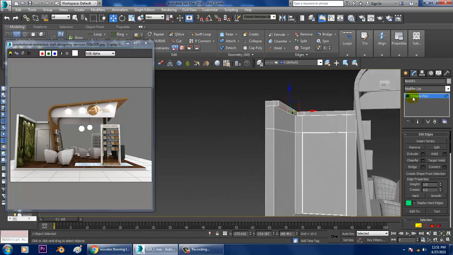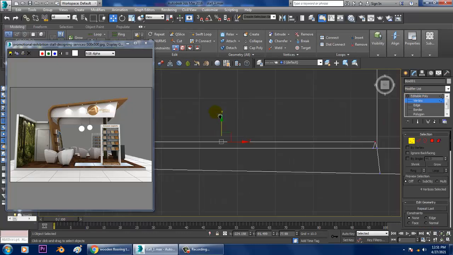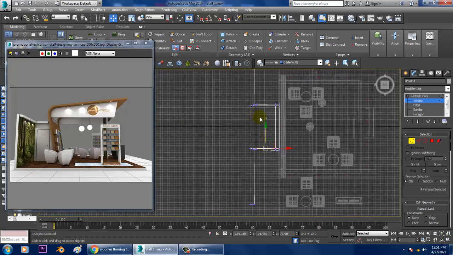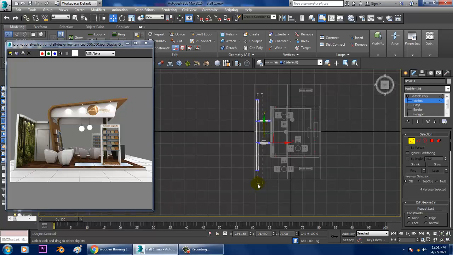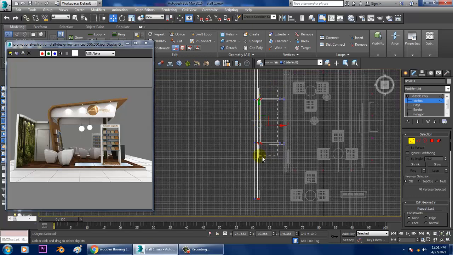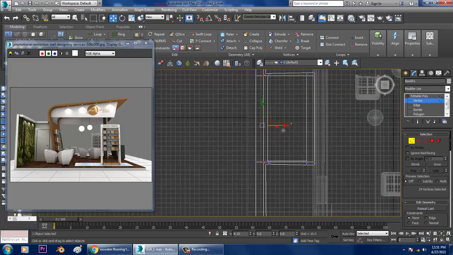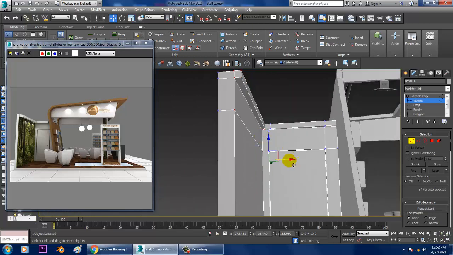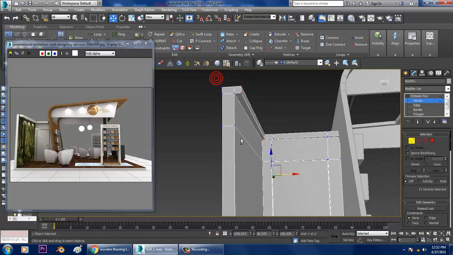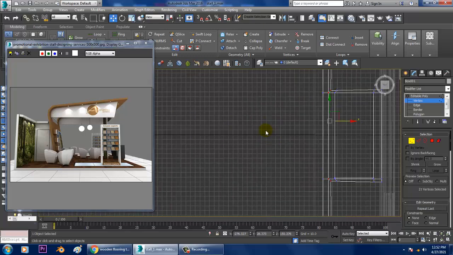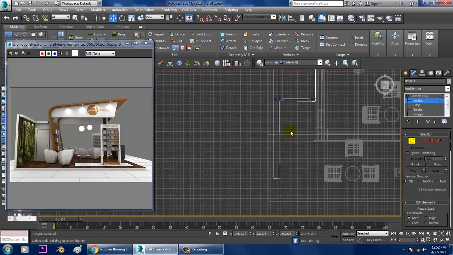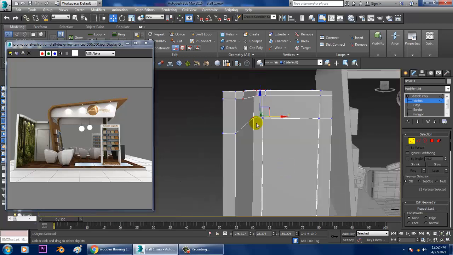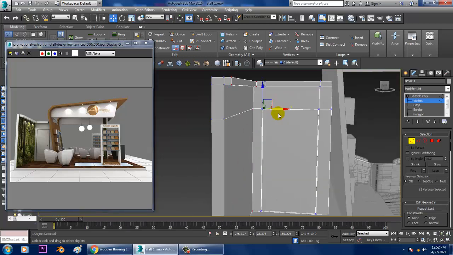If I go over here, I'll select the vertices and go to the top view. Slightly push it.